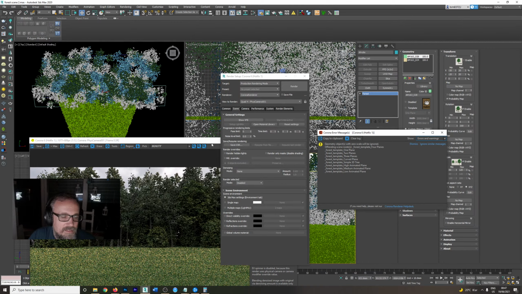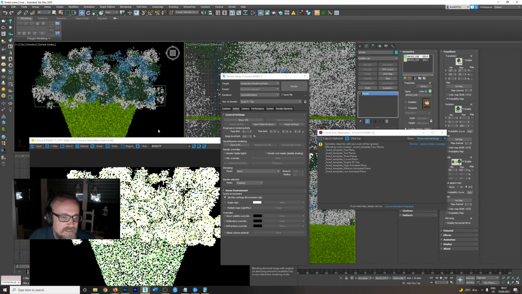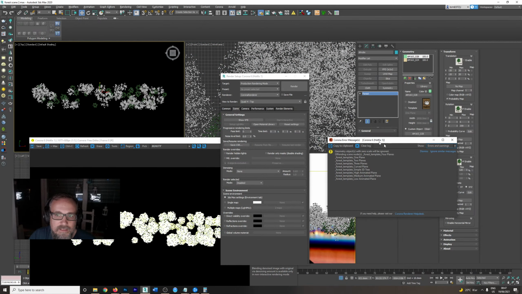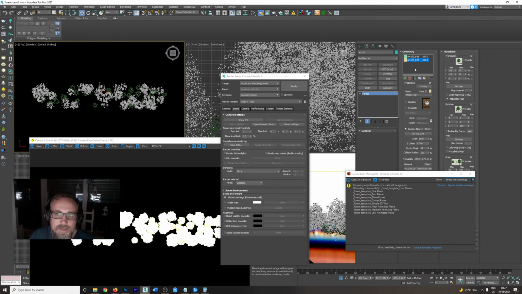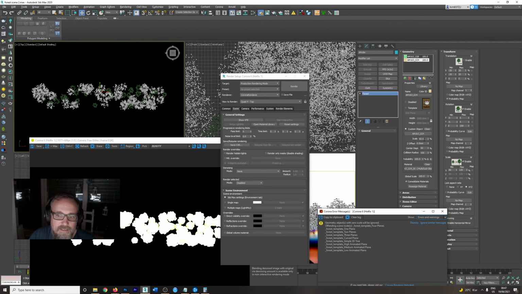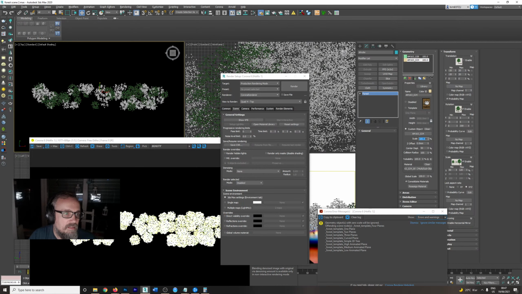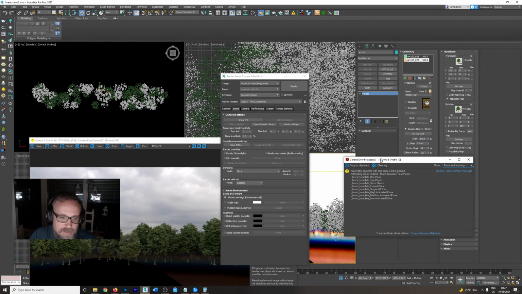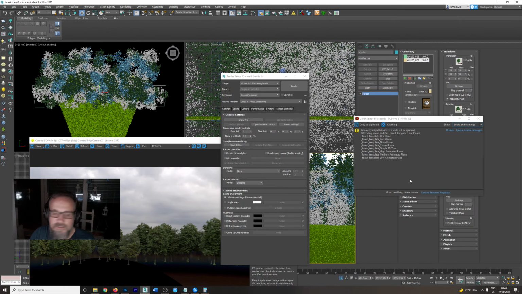So if I just isolate this again, because I'm not sure which one it is, I imagine it's this one here. I think that's better. Yeah, now you can see both of them. And now if I come out of isolation mode,